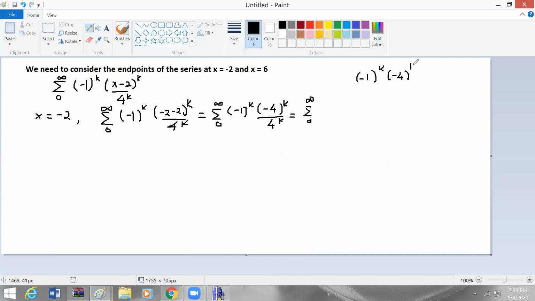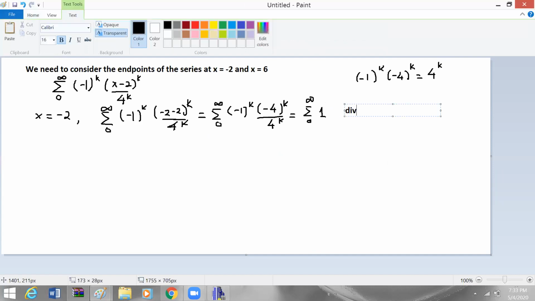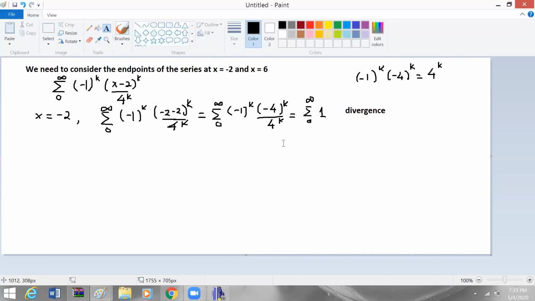So we can combine the power, so that becomes negative 1 times negative 4, so that'll be 4 to the k. So the entire thing turns out to be 1. So we divide by 4 to the k, and it is 1. So remember, when you add up 1, 1, 1, 1, of course that's going to be a divergent series. Okay. And so when x equals 6,